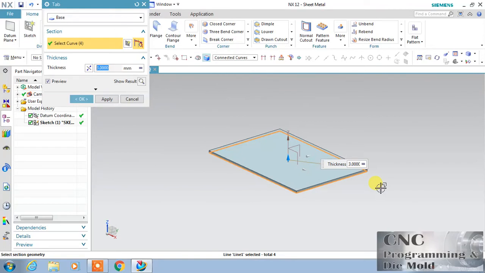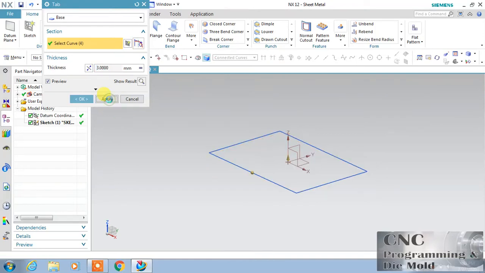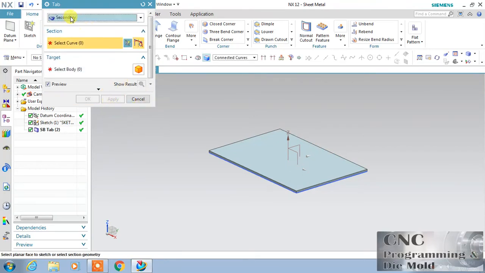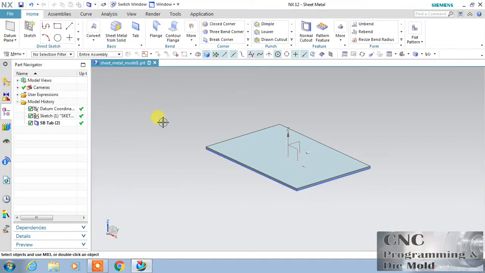This is something like Fill Surface, as we use in surfacing. Fill Surface means if you have any sketch that is a closed entity, it will be closed by the sheet. Here it is automatically converted into the secondary. Now if you want to create the next sheet, that will be a secondary. First we have this base surface. Now this is for the secondary option. So if you have any second curve, that time we will use the secondary option.